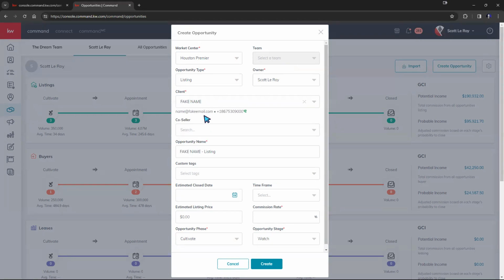And then we have our co-seller. And I always like to stress that this is a great example of why we like to separate our contacts out. So again, if you have a husband and wife on one contact, it may be worth it to take a look at separating your contacts out, because within your database, you're always able to pair them